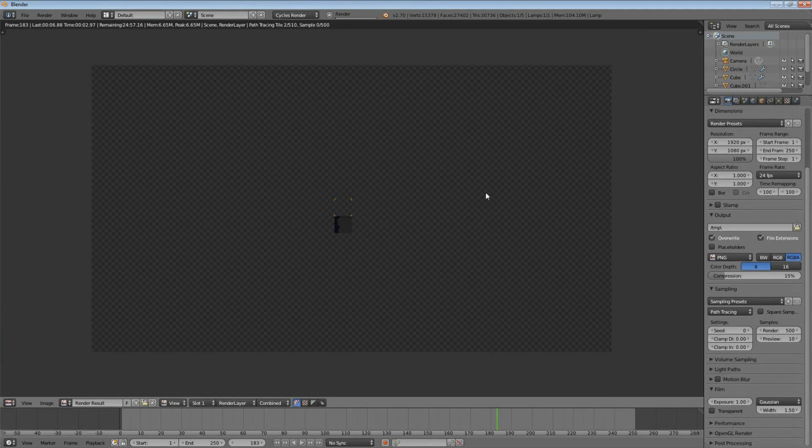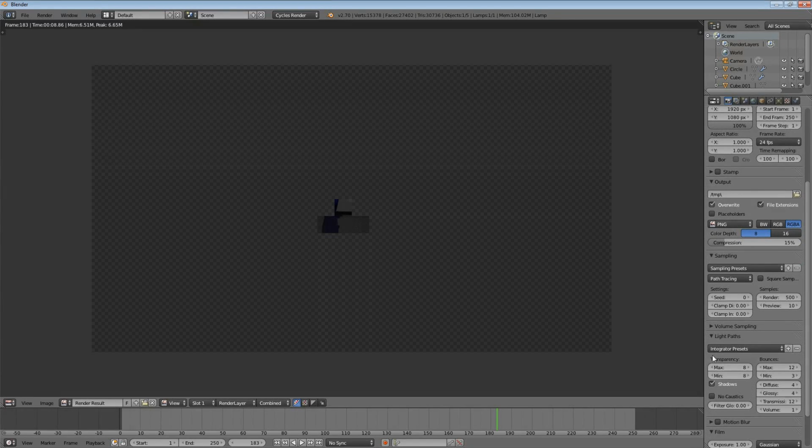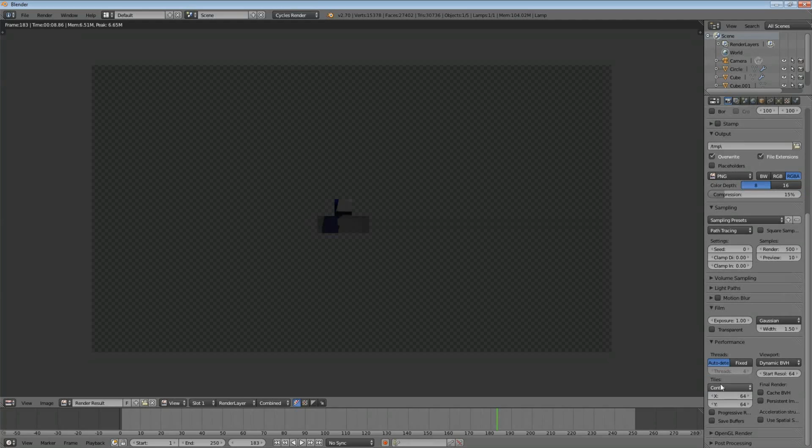And, oh, one other thing. See how it's a little tiny box that's rendering? I'm going to hit escape. I found that, where'd it go? Right here, under performance. The tiles, right here. The higher you have it, so if you can get a box that's about this big, it will render faster than if you have a box like this. That doesn't make sense to me, but,